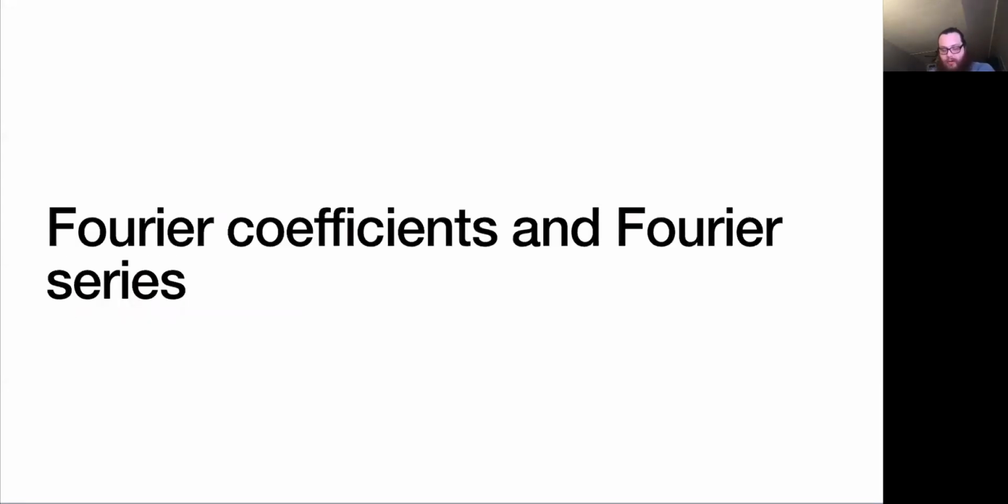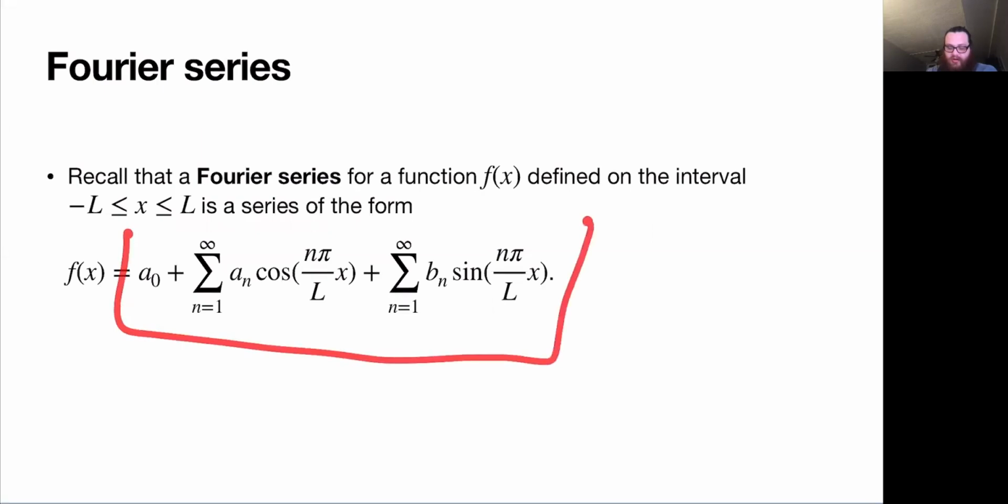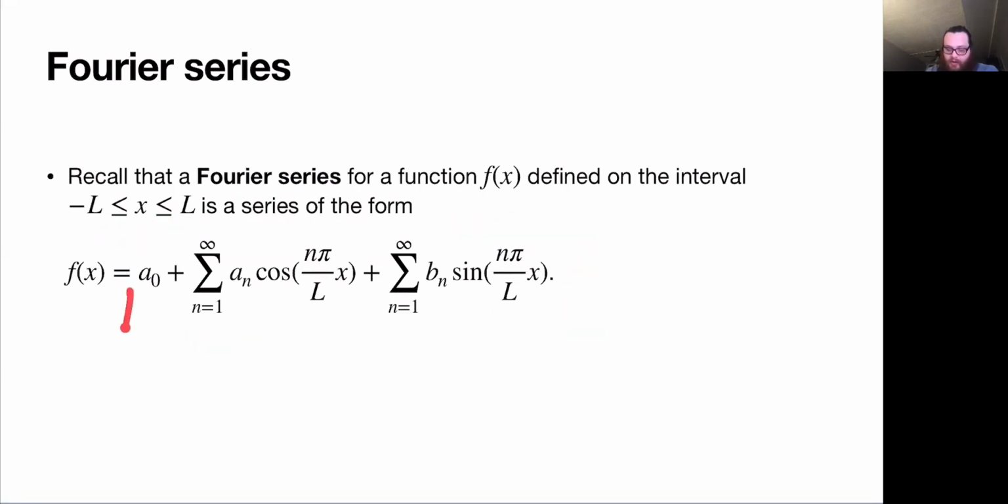Cool. So Fourier coefficients and Fourier series, right? Recall the objects that we're working with now are series of this form, where you have an infinite linear combination of cosine pieces, again, because the constant term corresponds to cosine of 0. So we have an infinite sum of cosine terms plus an infinite sum of sine terms. And so then the question is, if we're given some function f defined on an interval negative L to L,